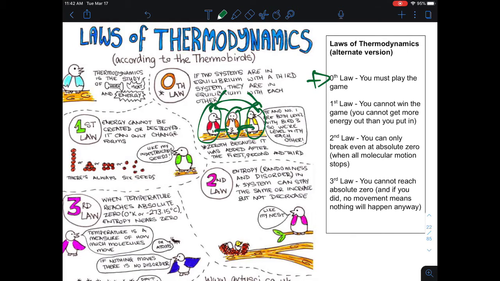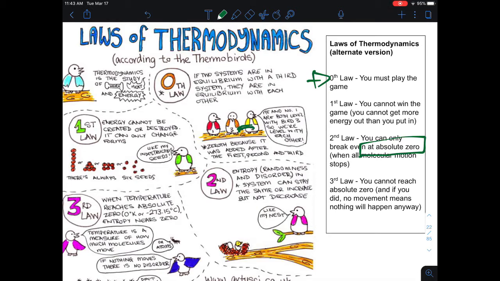This is saying that all systems in the Earth, all systems in the universe are interconnected. Some of them less directly than others, but all of them at least a little bit interconnected. The first law of thermodynamics says that you cannot get new energy. You can't just make new energy. You can only transform from one form to another. The second law says that we will always lose. Efficiency will always be less than 100%. Except for in one case, and that case is at absolute zero.